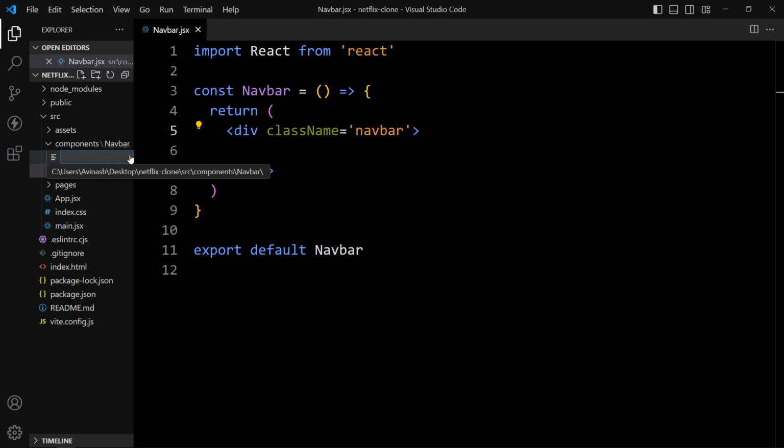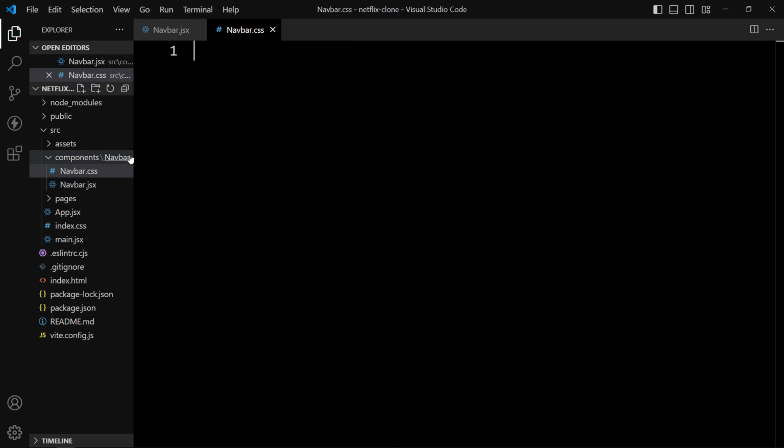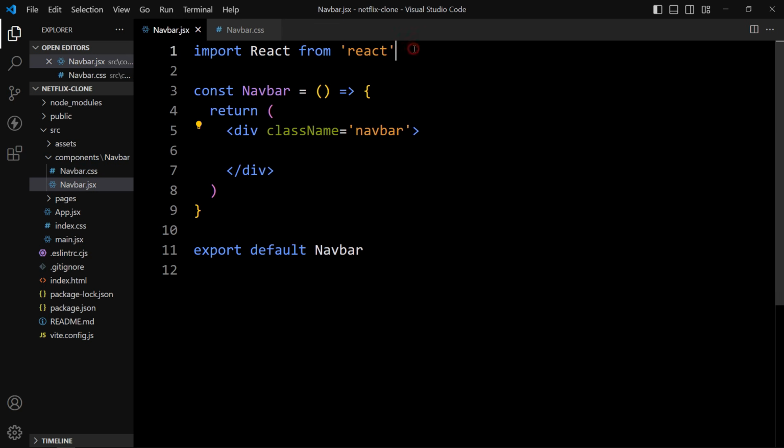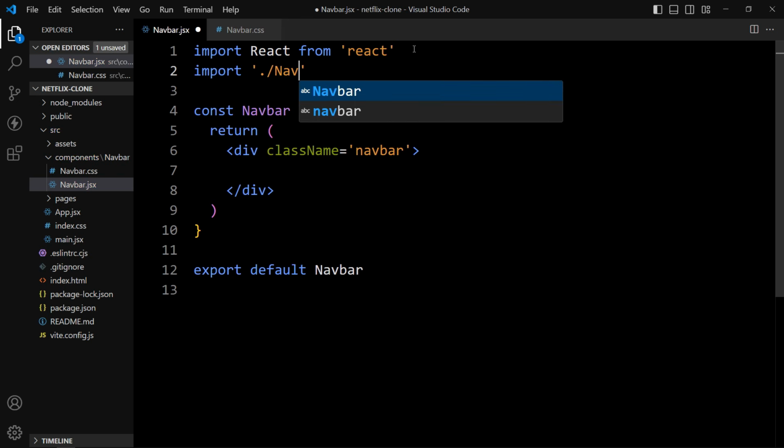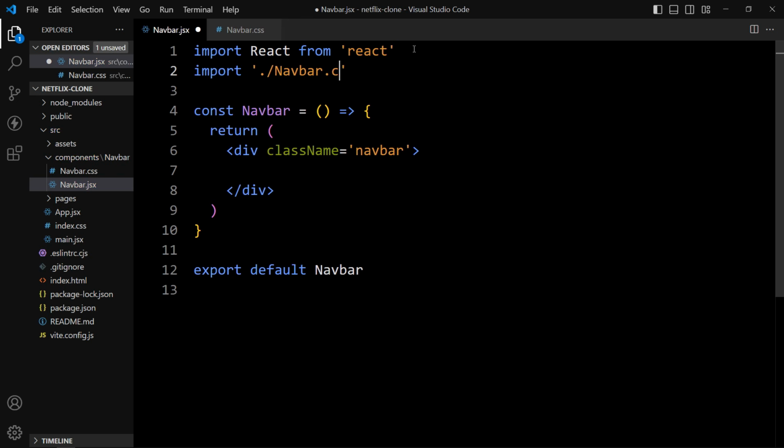So right click on this folder name, then select new file and write the file name navbar.css. Now import this file here, import ./navbar.css.